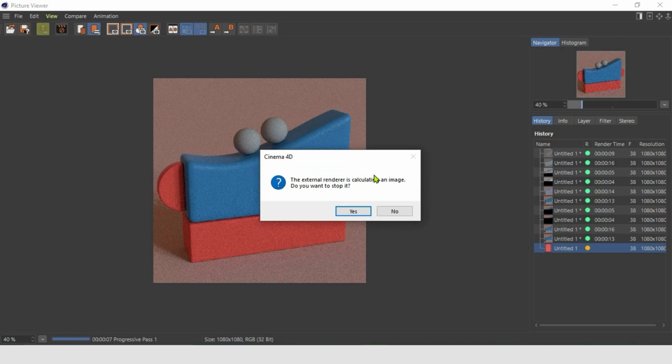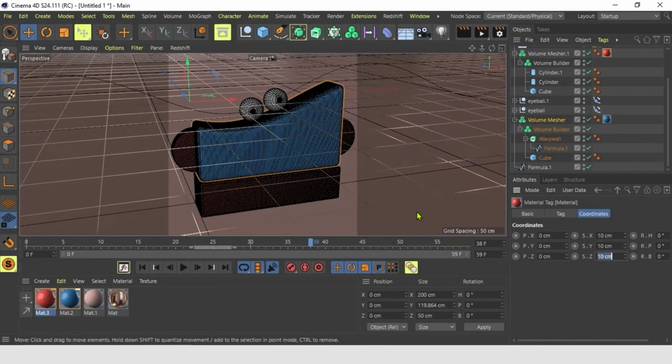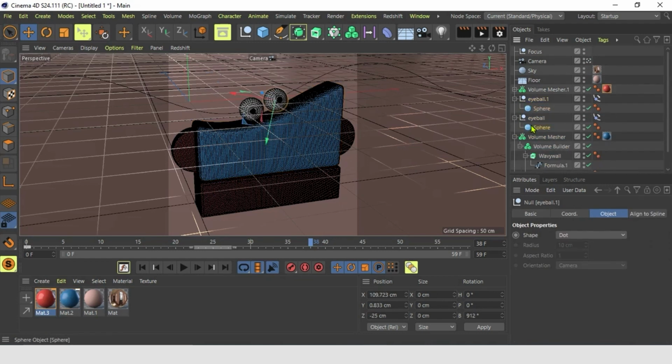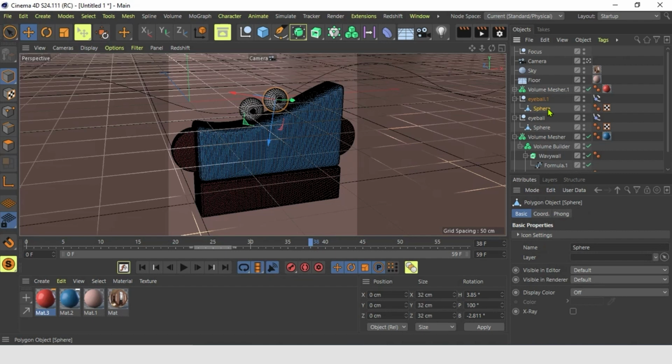Good. So now let's look into the eyes. The first thing we have to do is we have to choose the spheres and we have to hit the C button so it gets editable. So we do it for both spheres. Just hit C. Good.